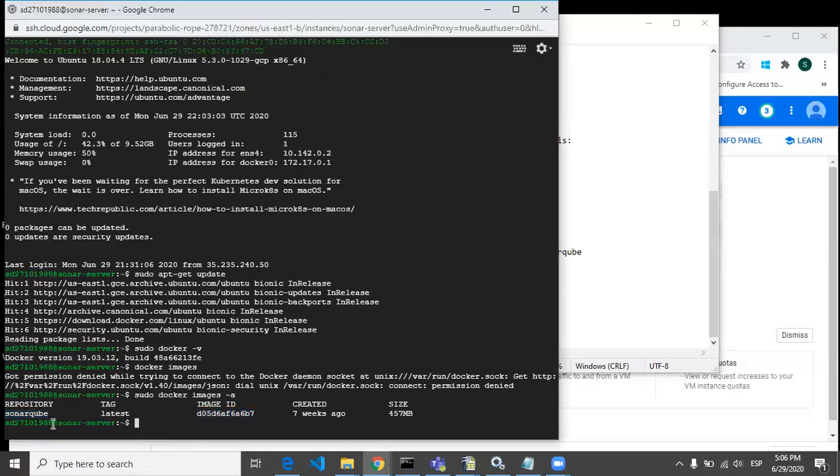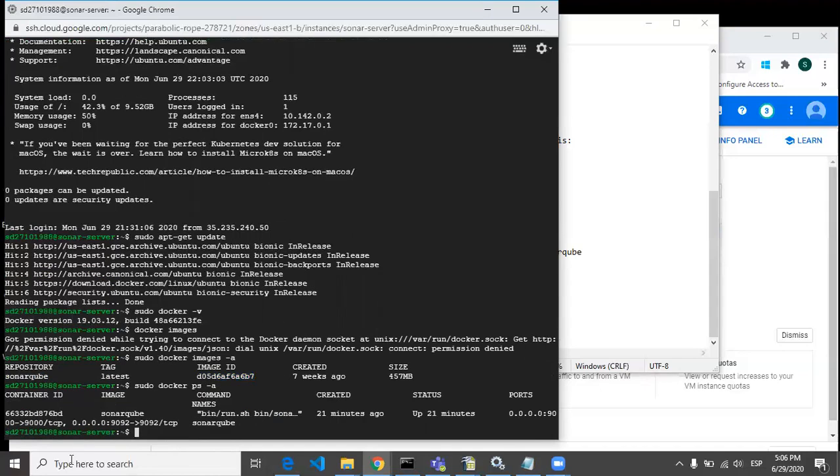This image will be stored in one of the containers. To see that, you have to run sudo docker ps -a. You will see this SonarQube image is placed in this container, and this is the container ID.